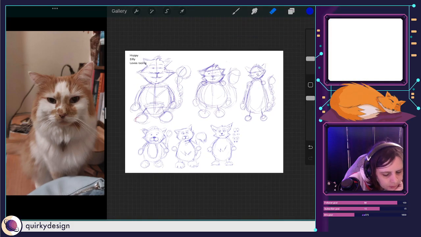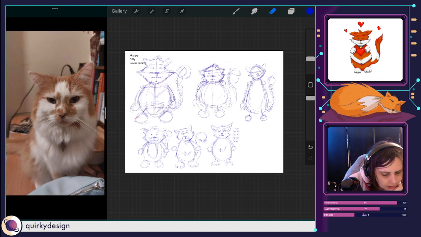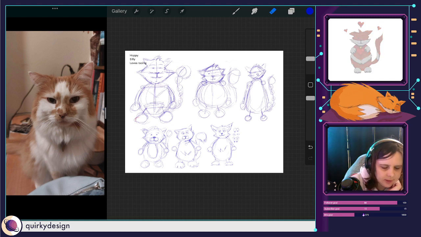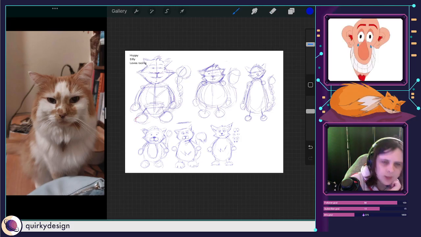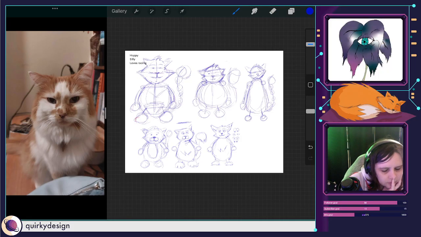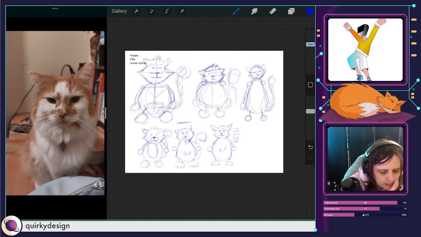So I'm just looking through my concepts. It's weird, I have really taken a liking to this one. If I show you, this one I've taken a liking to. Now I think what I like about him is the fact that he's got a sort of flopsy ear.